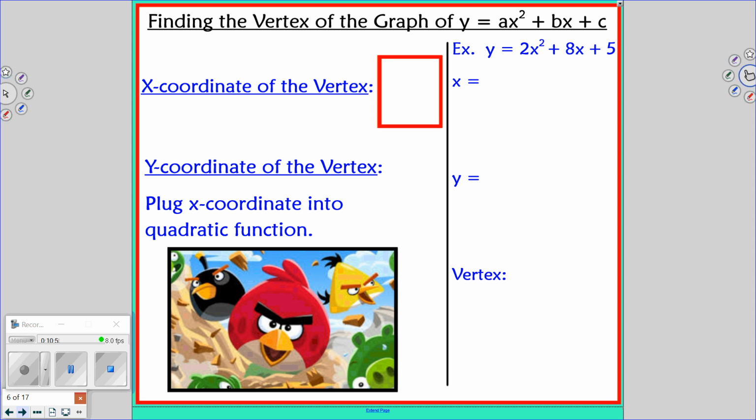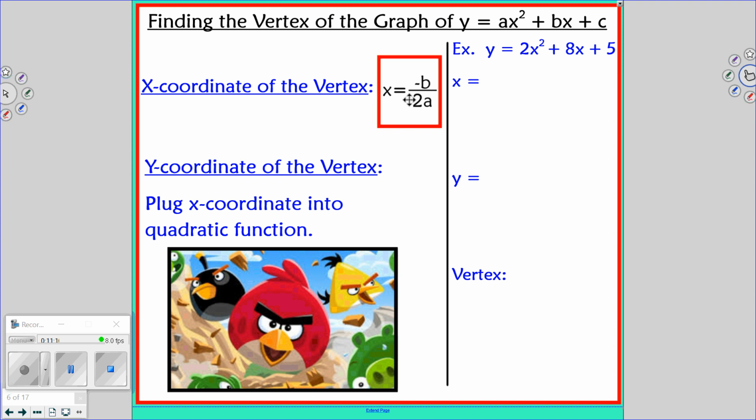You could, but you know me, right? Lazy. I don't want to do all that. So for me, I'm going to figure out exactly where that turning point is, the vertex. And then I can find points on both sides, and I'll know exactly where it's at. So first thing we have to find is the x-coordinate of the vertex, which is at